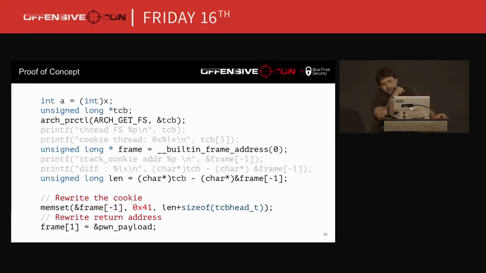It means that you can easily overwrite the stack cookie etalon value with, for example, this code. You just rewrite the real cookie with some value, and you just need to rewrite more bytes to rewrite the etalon value of the stack guard also, and do the